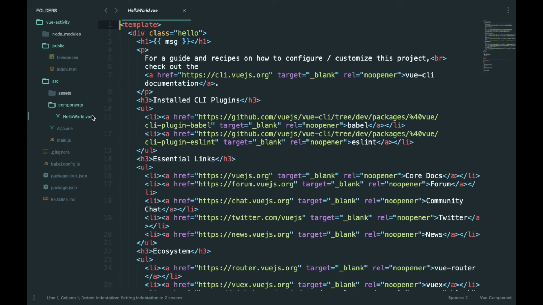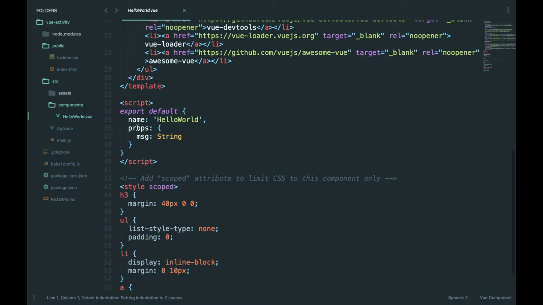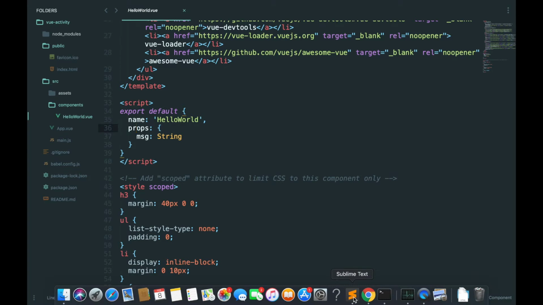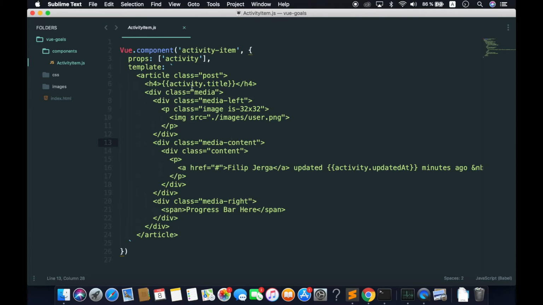So maybe I can find here an example of this. No, yeah, we have here props. Perfect. So this is exactly the same as we are writing here. Okay, so I will keep this file open because we will copy some code from here to our new project. So let's navigate back again,